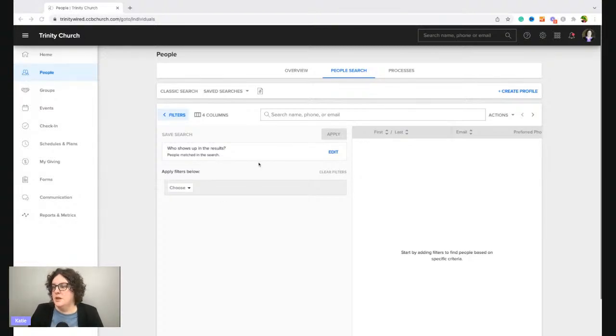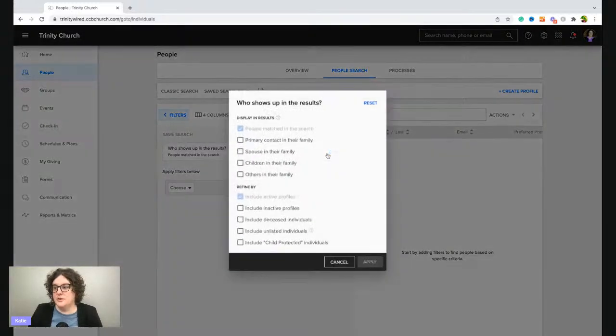So when you're creating a search, you first want to go to edit and see who will show up in the results. Now, it defaults to people matched in the search and active profiles. And pretty much you're always going to just keep it at this default.